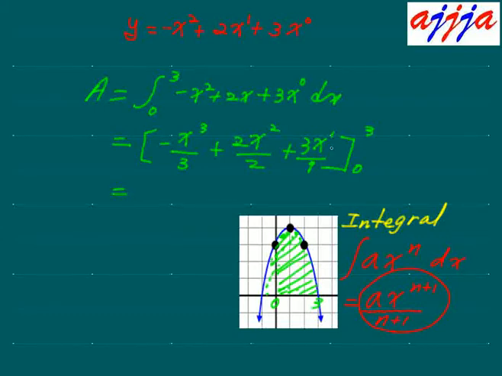Now, how do you solve? You just plug 3 into this one, then minus, you plug in 0. Hey, if you plug in 0, everything is going to be 0, so don't worry about it. Now 3. Then this value is going to be 3 to the third power divided by 3, so 3 to the second power, right? Negative 9. Then plus 3 to the second power, but the 2 is going to be gone, just like this. That's going to be 9. All right, now plus 3 times 3, which is 9. Simple. So minus 0 is going to be, anyway,